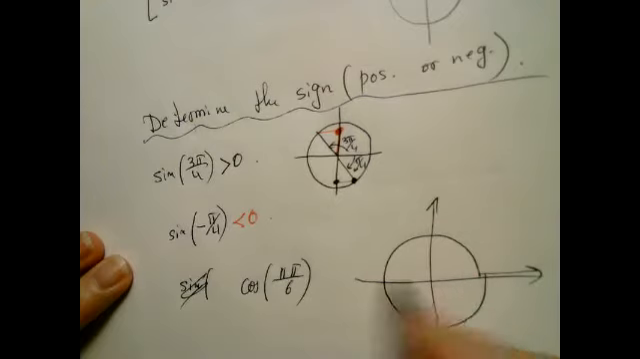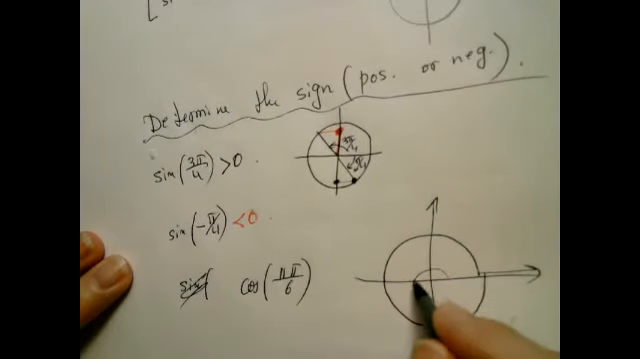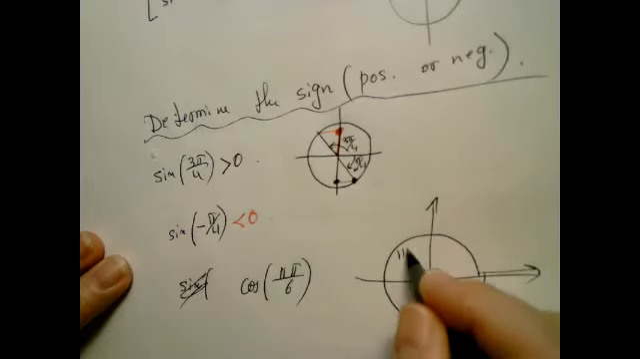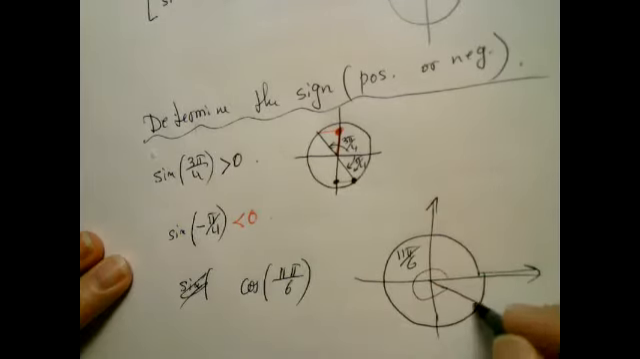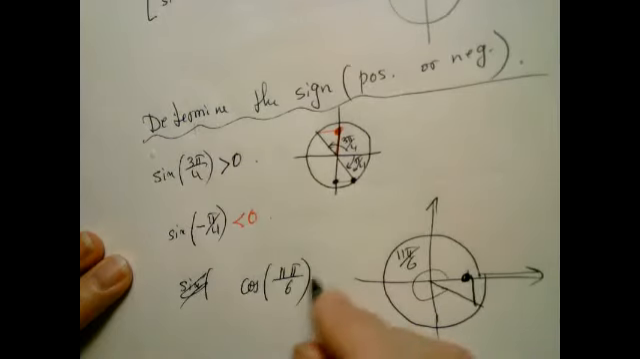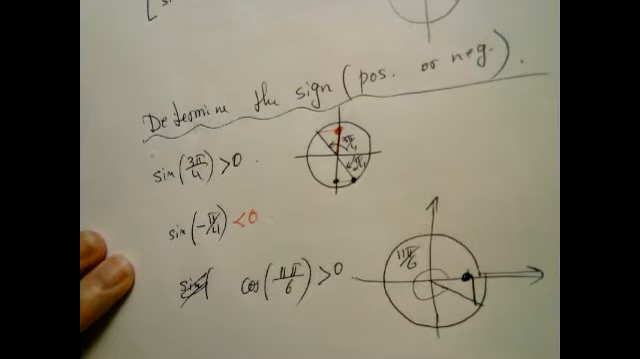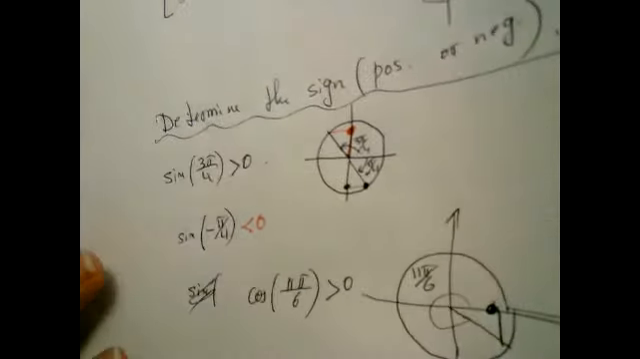And 11 pi over 6 is a little bit shy of 2 pi. So that's 11 pi over 6. The cosine is the x coordinate. That's the cosine. Definitely is a positive number. Okay, so once we understand this picture, it's really becoming easy for us to manipulate sine and cosine without a